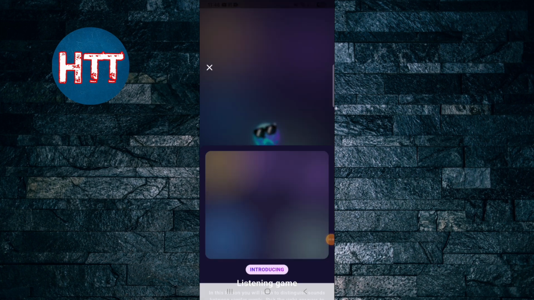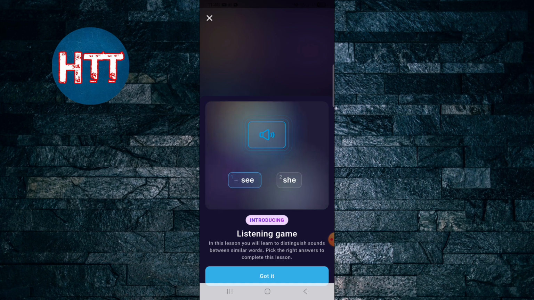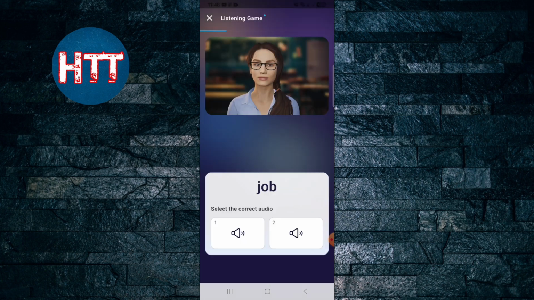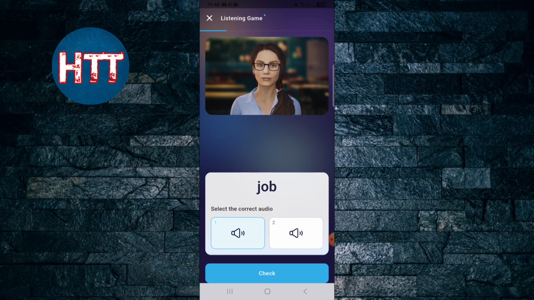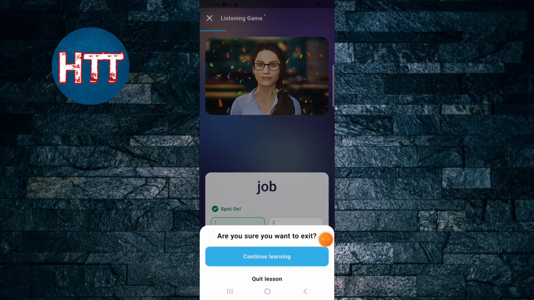Then you can see this is listening practice. You can see the tool introduce job, so you can save it. Actually, this way you can learn this thing, this is the game, or you can also add other